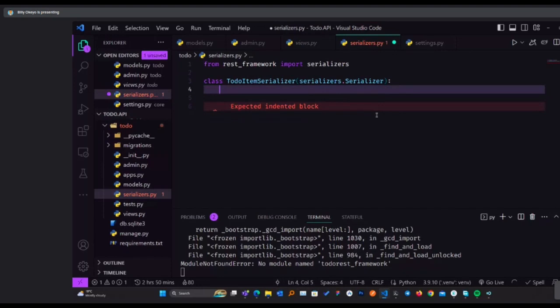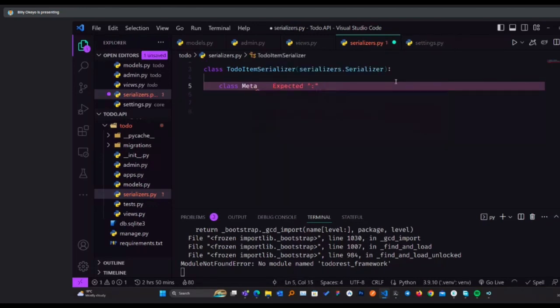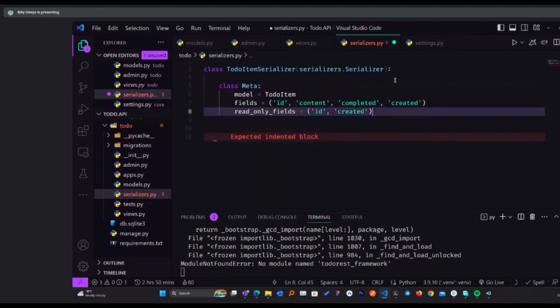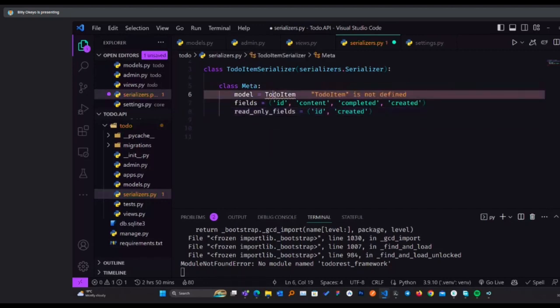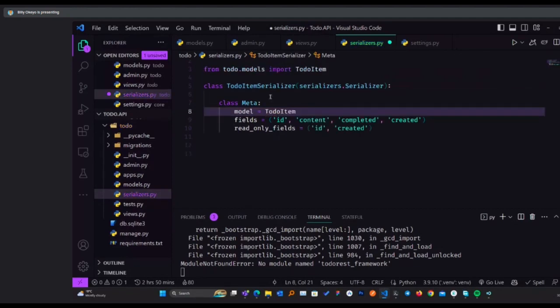So I'll create a class, ToDoSerializer. It borrows from serializers, which you just imported, then you pick the serializer method or function within it. To go the easier way, I'll create another class and call it Meta. Then I can specify the model that it's going to use. The model is ToDoItem, and I'll import that from models.